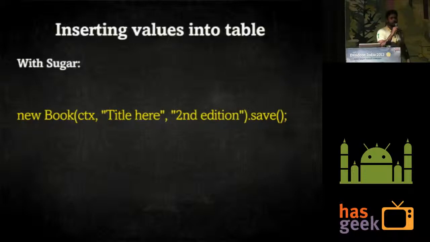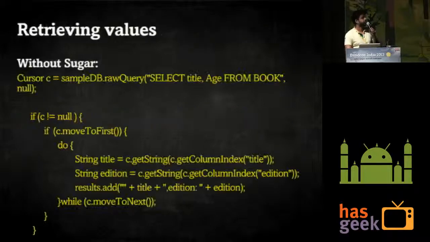You create the object and call save on it, and it takes care of saving the record for you. This is much more readable. That's the benefit. Apart from saving you from writing queries and all that, it reads in your business fashion. So you can call, okay, I'm creating an object of book and saving it. That saves a record for you.